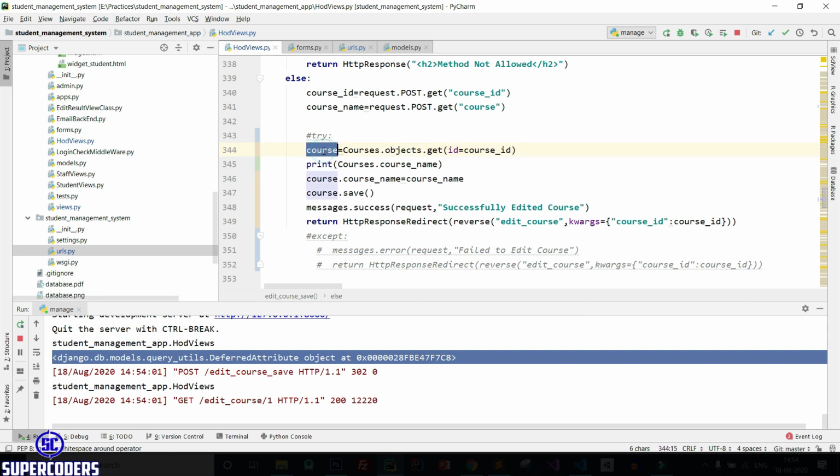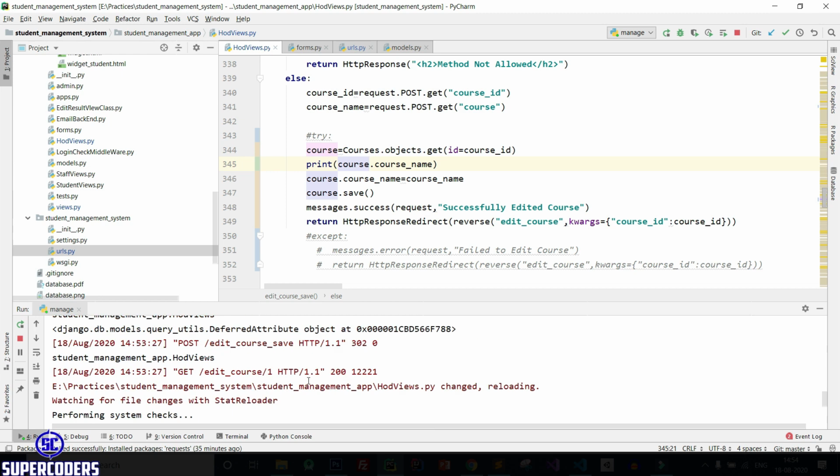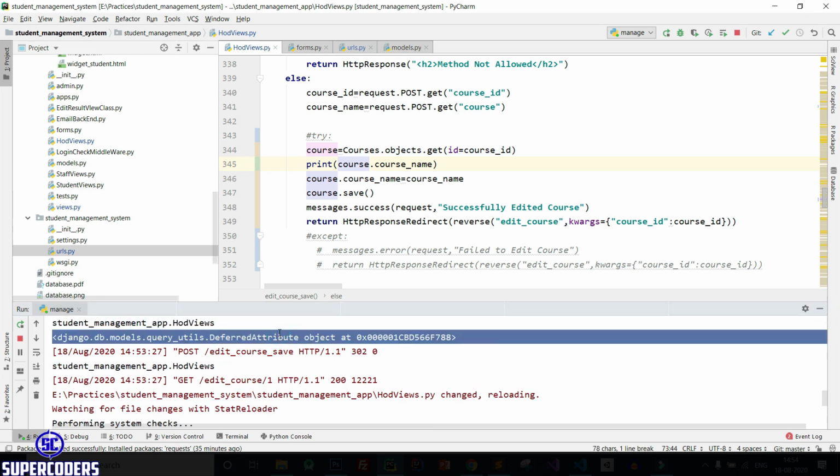object. Here if you see, course is object and course is class. So you can't access this value directly from class name. You need to change it to object name. If you didn't change this, you will see error, this deferred attribute object. So this error comes when you directly accessing the class name fields.